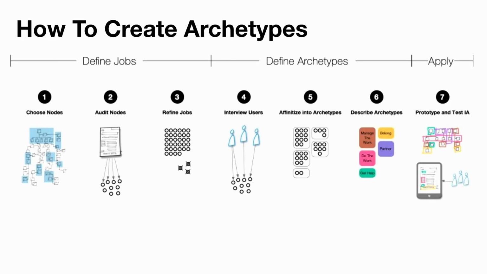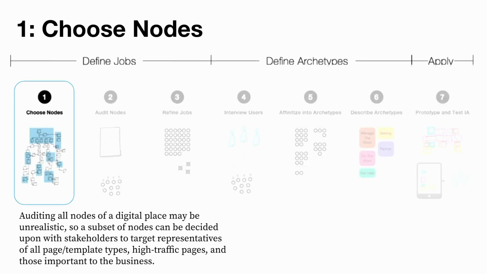So we're going to go through a process that we do a lot at the Understanding Group to get to a series of archetypes, so that we can make structures that are more resilient and know where to put content to capture people as they approach a digital place. And we're going to start right with where we start, which is choosing nodes. One thing I should note here is that when you create archetypes, there are really three main chunks. We've got defining the jobs, then defining the archetypes, and then applying them and testing them. So, starting with the first one,